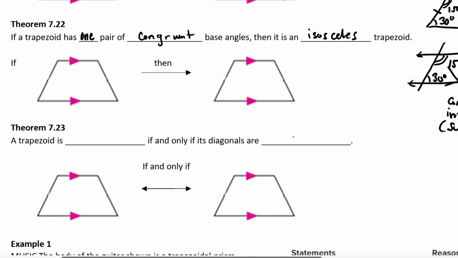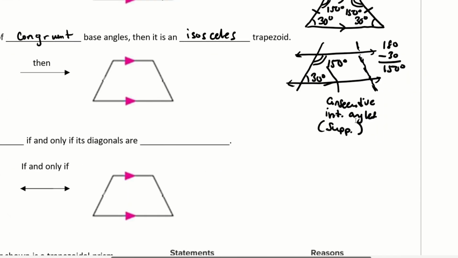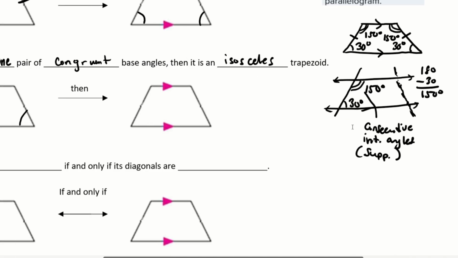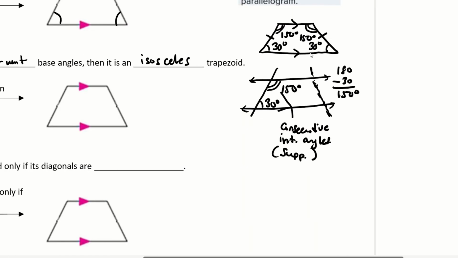Isosceles trapezoid. So what we were saying is that if you have a trapezoid and we're able to show that one pair of the angles, the base angles, is congruent, automatically that becomes an isosceles trapezoid. We don't have to show that both pairs are congruent. We only have to show that one pair are congruent. And why is that the case? Well, this is based off of what I just said here. If we prove that these two angles are both 30 degrees, well, then that means that the lines here have to be parallel because